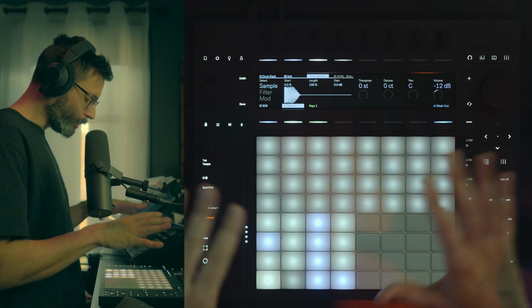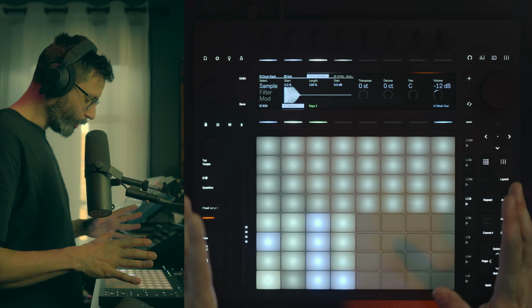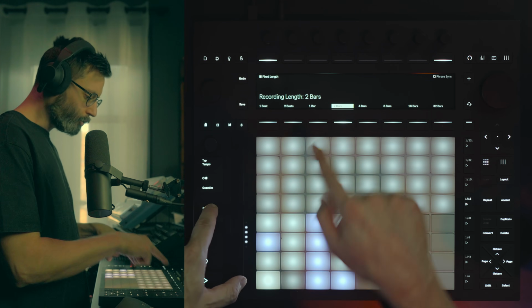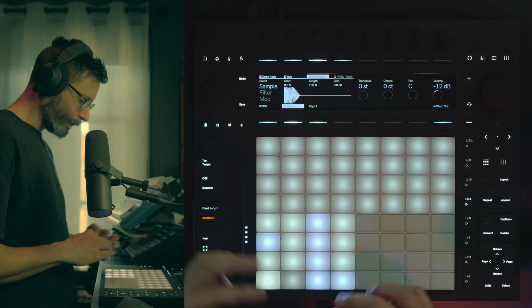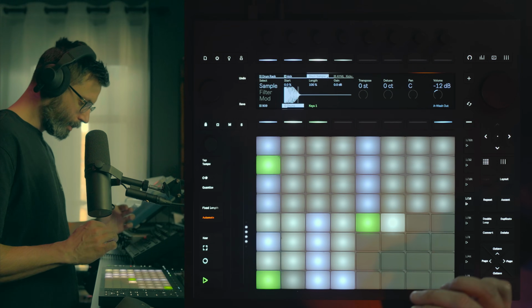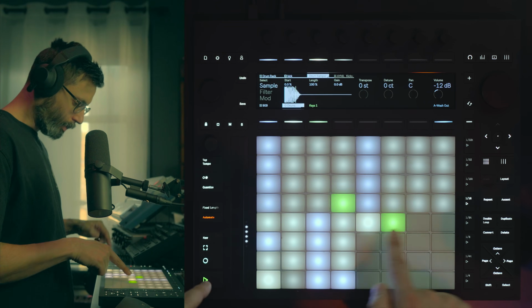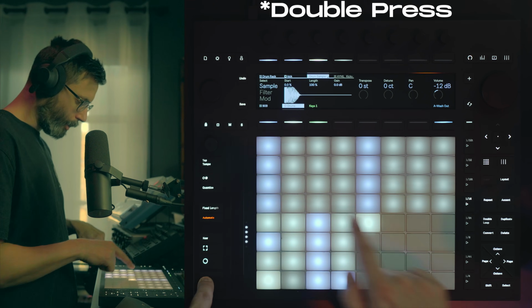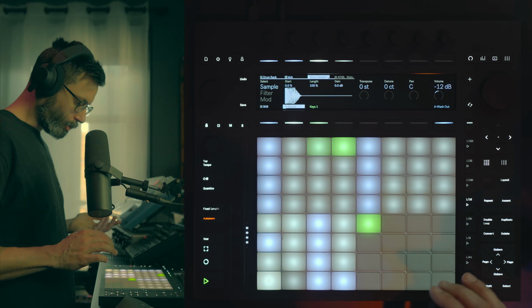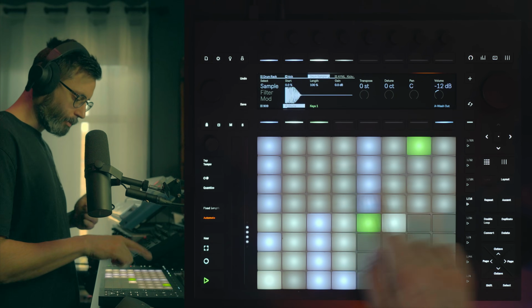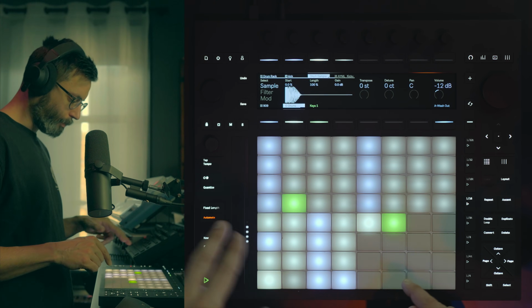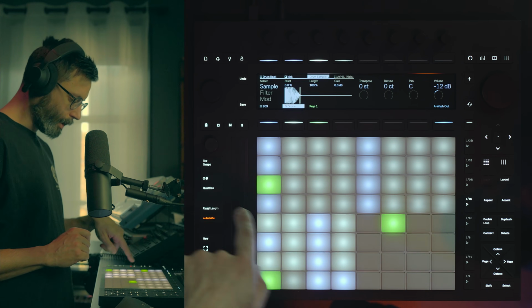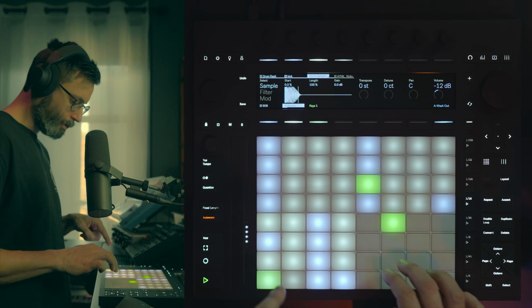Alright, so the first variation of the drum sequencer is the loop sequencer. Before starting to program, you might want to check your recording length and set it to 2 bars. This will be your default length when you start to place elements. If I just want the first part playing, I can press here and I will have just the first one, and you can press both at the same time if you want to have all together. But if I want just the second part, I can double click and then I have just this second part playing,